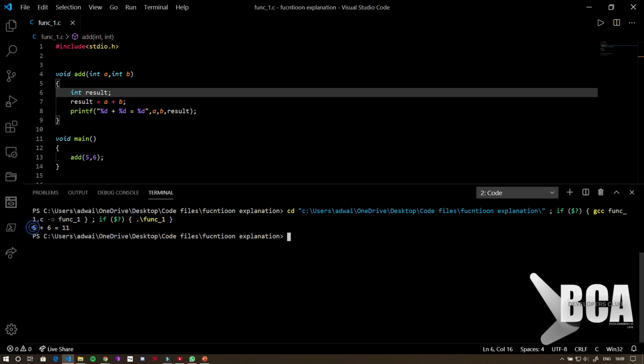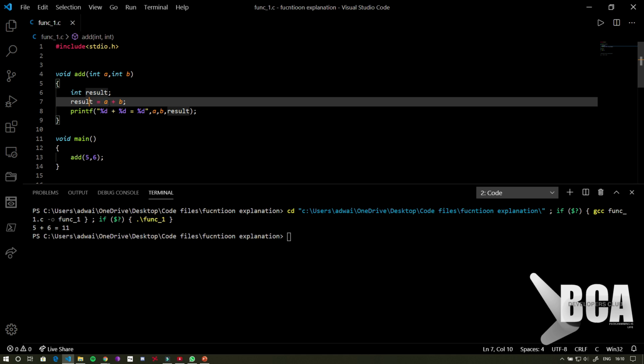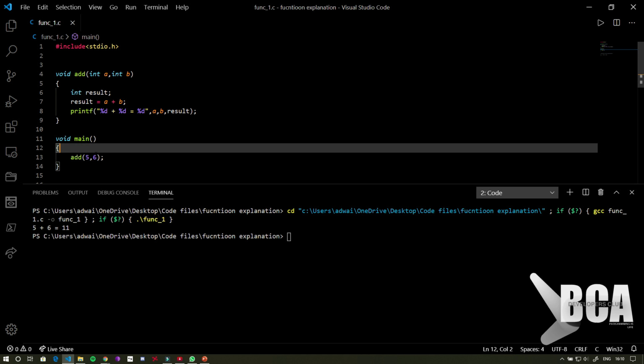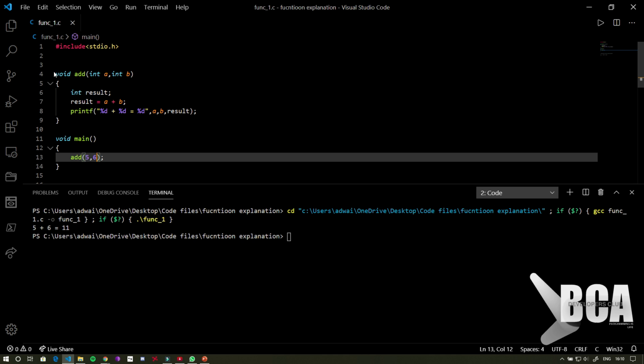Right, here you can see 5 plus 6 equals to 11. What I have done here is in the parameter section I have passed 5 and 6 which correspond to the function definition's parameter int a and int b, and inside this function a result variable is there which stores the added result of the two parameters or the two variables that are passed, right? So this is an example of call by value where you are passing